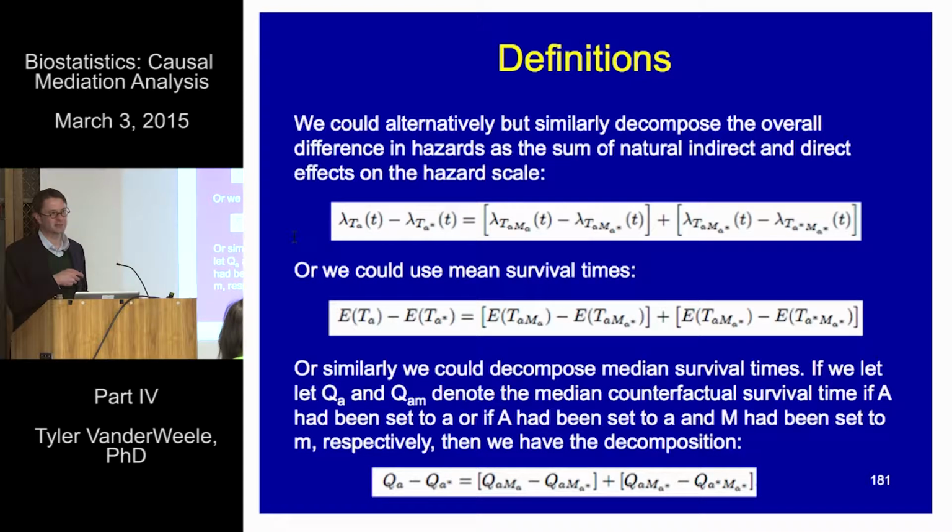It's the same counterfactuals again, we've just changed the scale. Or we could look at mean survival times. What's the mean survival time? We could look at the total effect for that. We can decompose that once again into a natural direct effect and natural indirect effect on the mean survival time scale. Or we could do it with quantiles. Again, with survival outcomes, we can do it on any of these